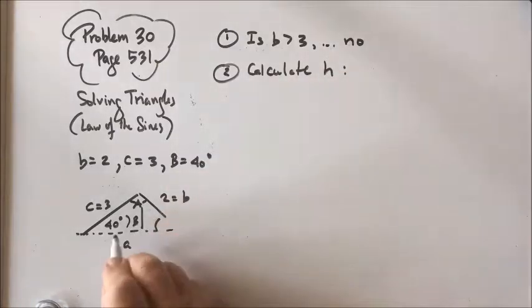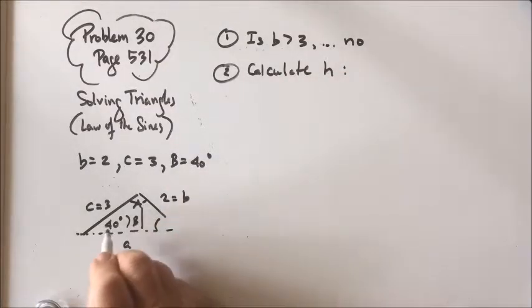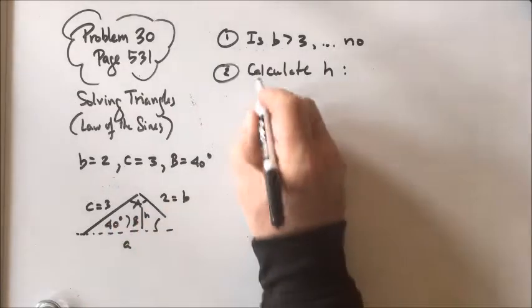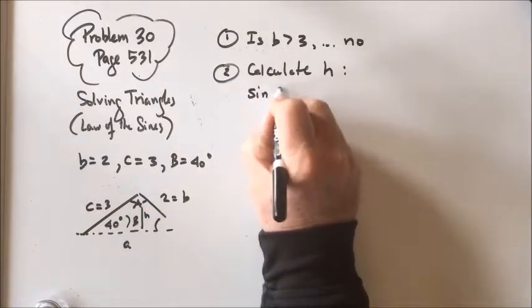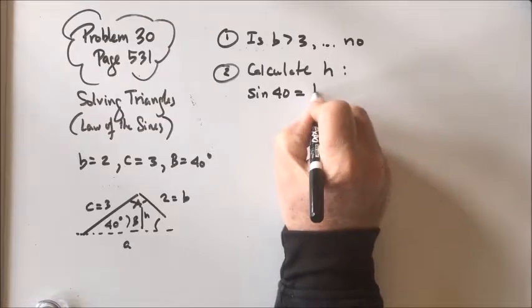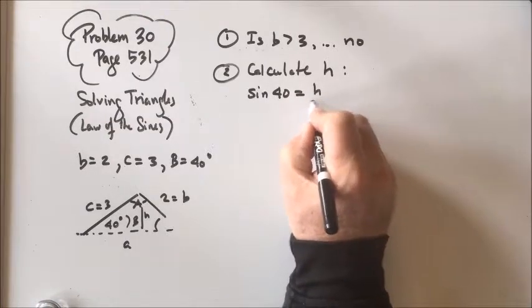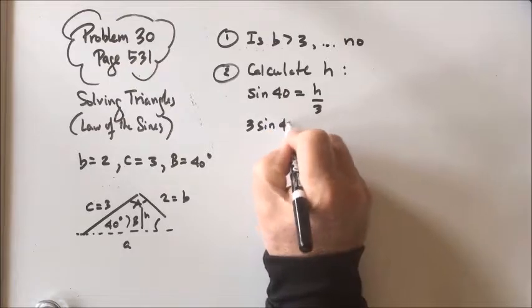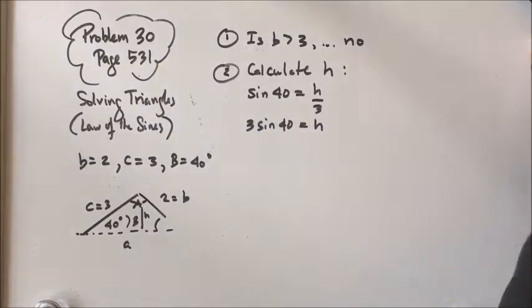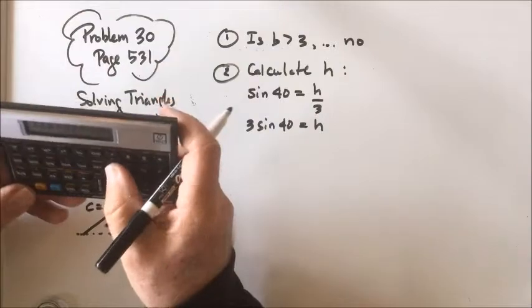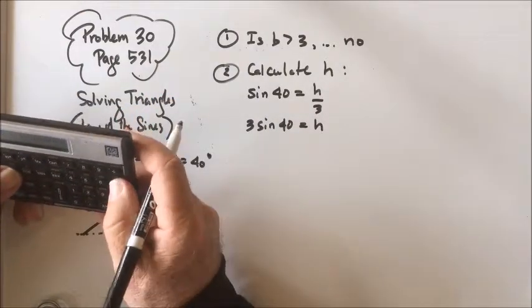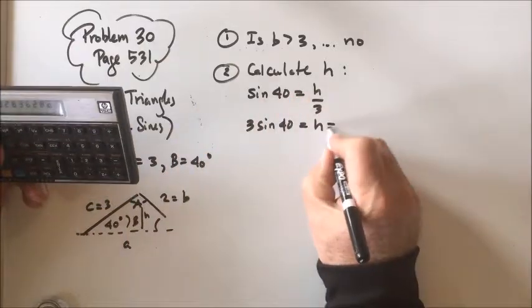The sine of 40 is this length h divided by this length, so the sine of 40 is equal to h all over 3. So 3 sine 40 is equal to h. I've got to calculate that: the sine of 40 degrees times 3